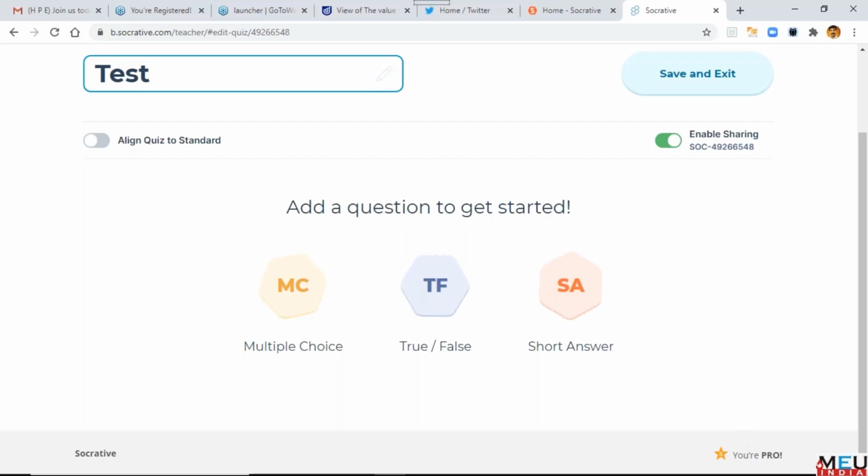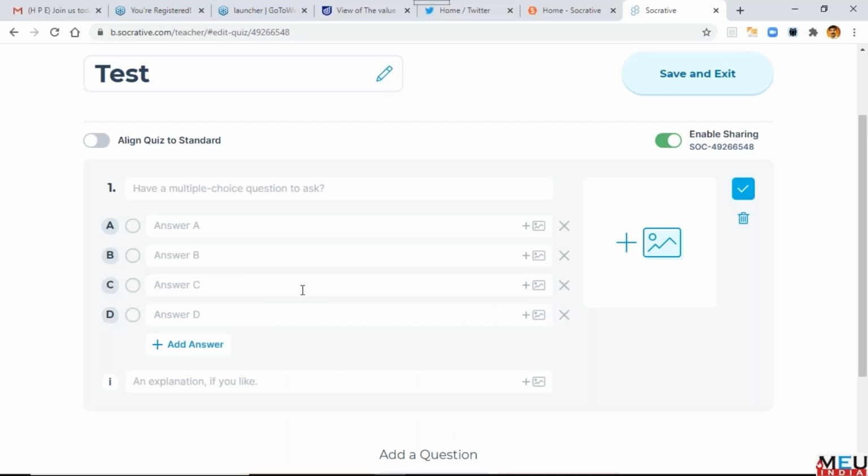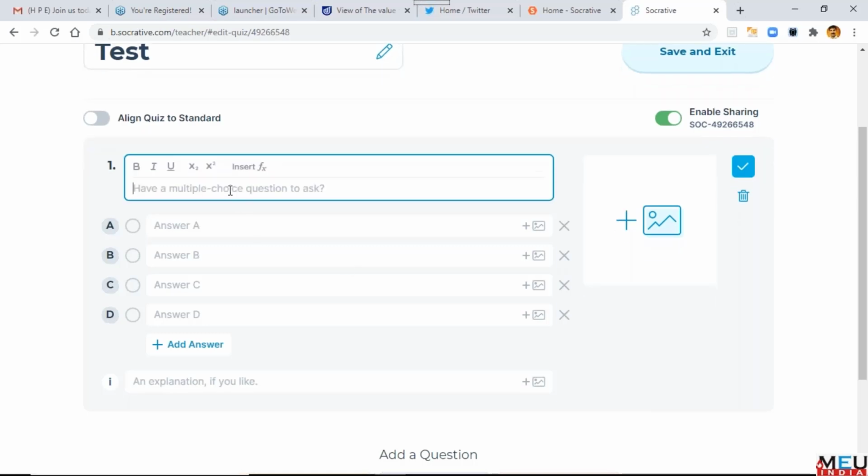If you have a pro account, you'll see that you are a pro. Now select which type you want, multiple choice. Similar to what you did in Kahoot, you can copy paste or type it over there, whatever you want.